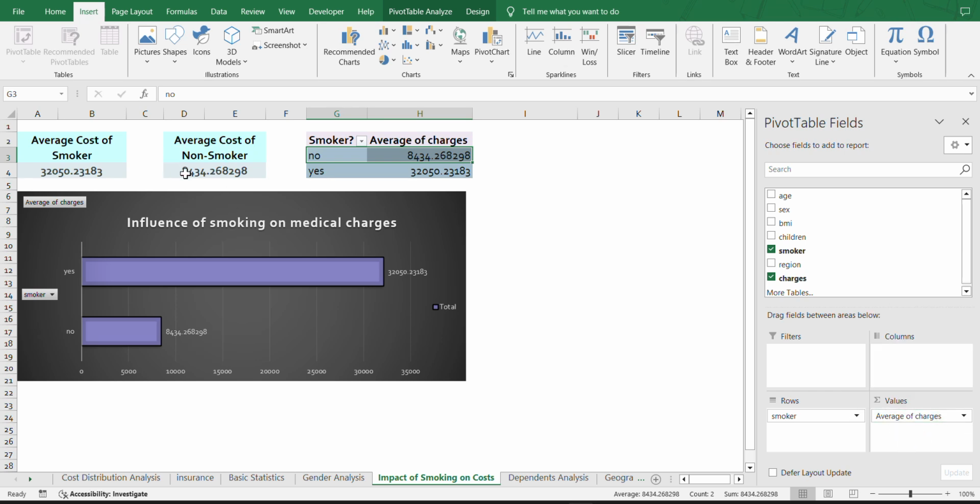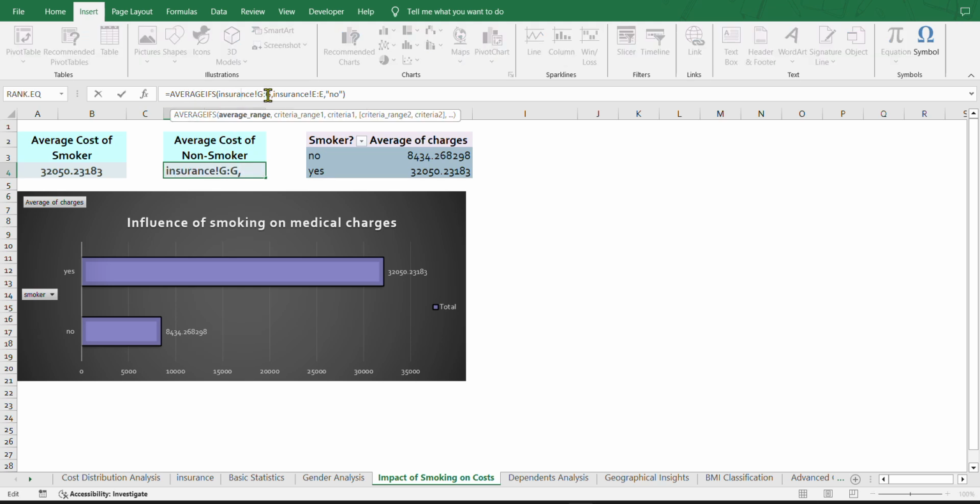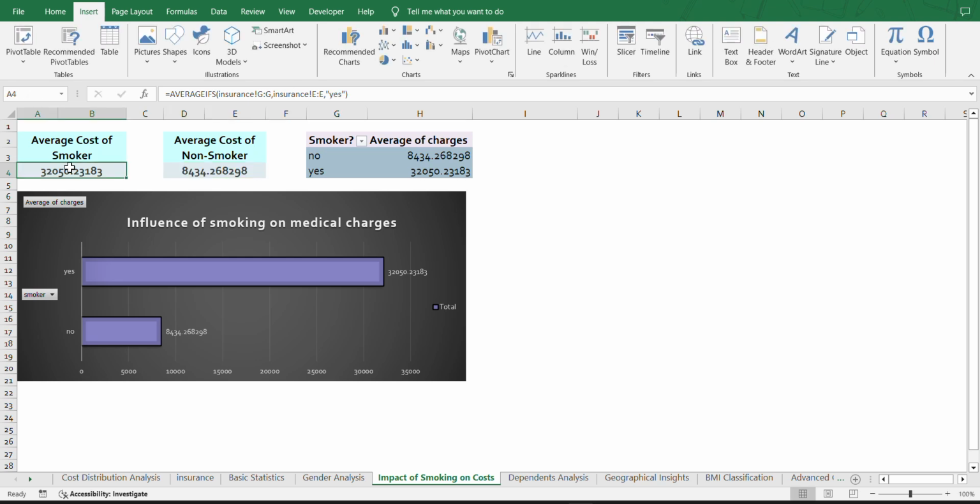If you want to find it using the averageifs function, you can find it using the average range first, then the criteria range and the criteria, like you can use it. So I found it out for the non-smoker, and here I found it out for the smokers. I have also used a bar chart, which shows that if a person is a smoker, then the average medical cost is more than the non-smoker person. Okay,